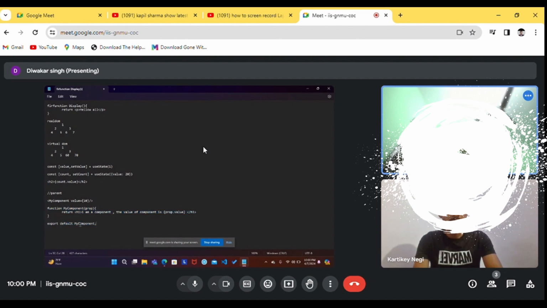So anything I export using export default, I can use it elsewhere. I can give you an example. Suppose I have this component, and I use export default, and I want to use the component somewhere, so I can just write import from the module.